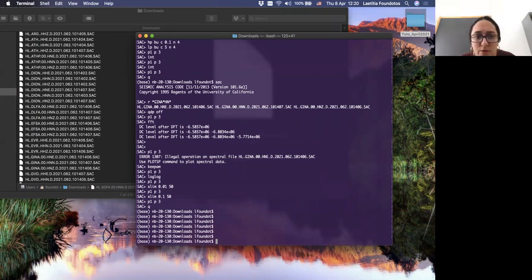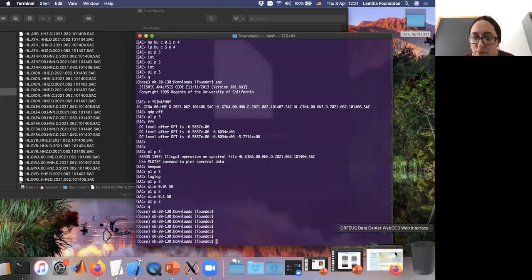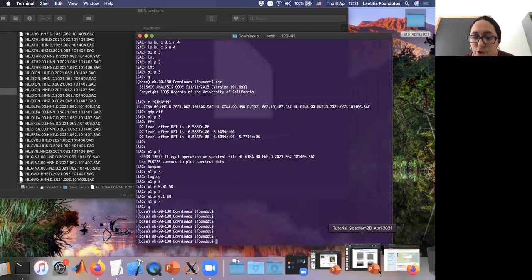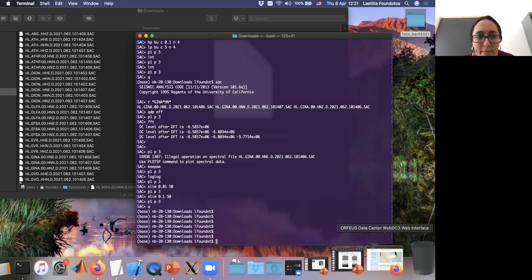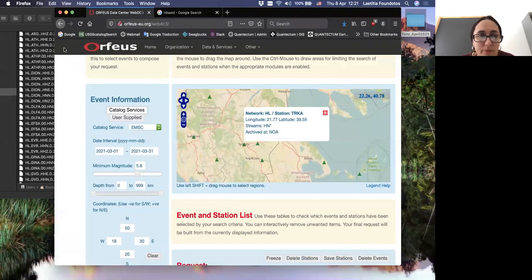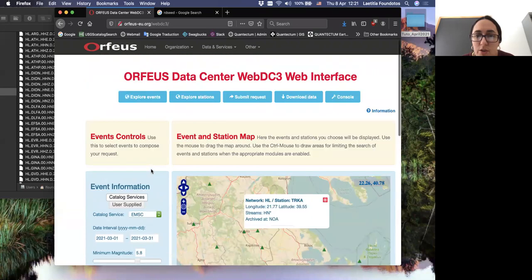So all of that you can do with Python, of course, but here, this is another way. This is old-fashioned, but could be useful one day for you if you want to do some research in seismology. And okay, so I think that's it.